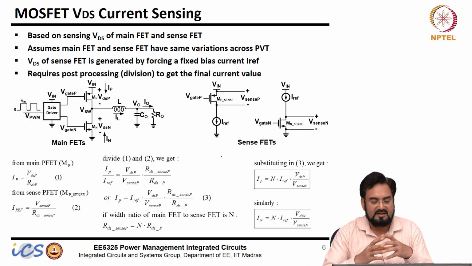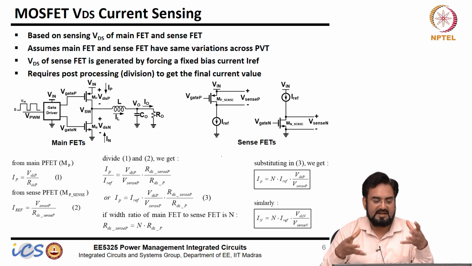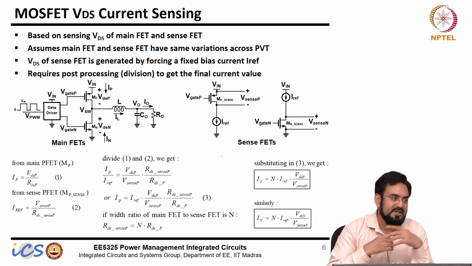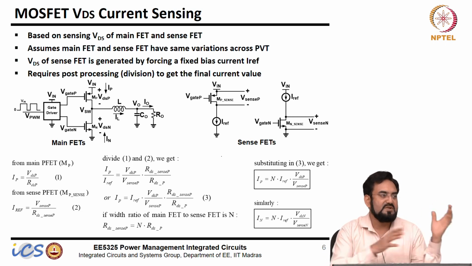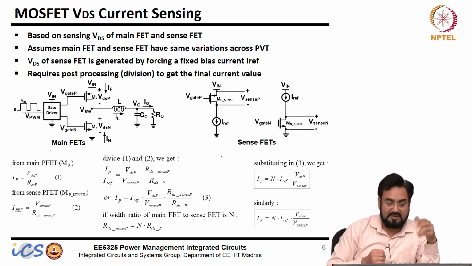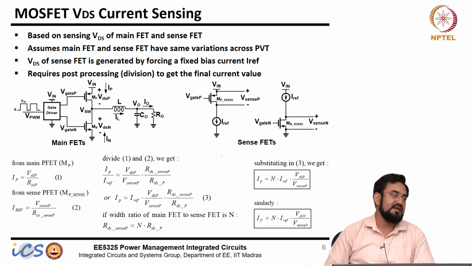Most of the time you may not need a dedicated ADC for this. You may already have an ADC in the system which you can utilize if you are not looking for peak to peak. For average current, because once in a while you want to measure, average current can be slower, but if you are looking at cycle by cycle current, then you require a dedicated ADC.